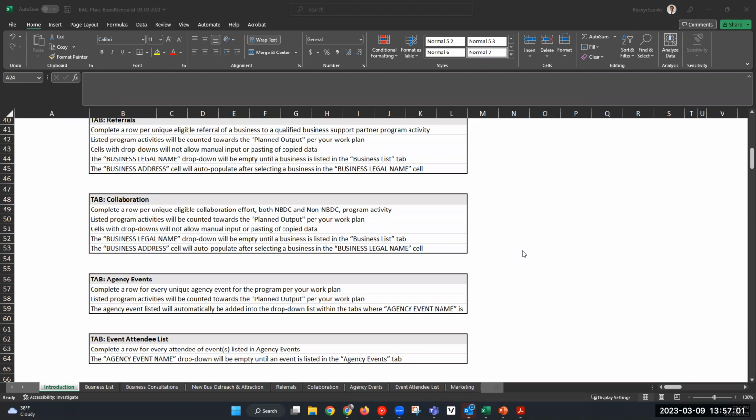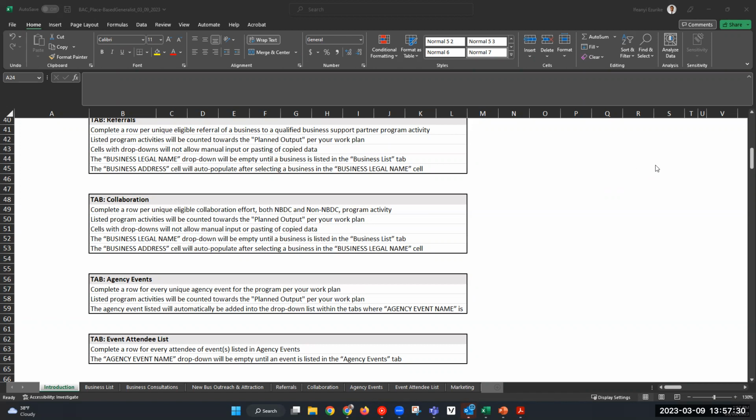Cells with drop-downs will not allow manual input or pasting of copied data. The business legal name drop-downs will be empty until a business is listed in the business list tab. The business address cell would auto-populate after selecting a business in the business legal name cell.